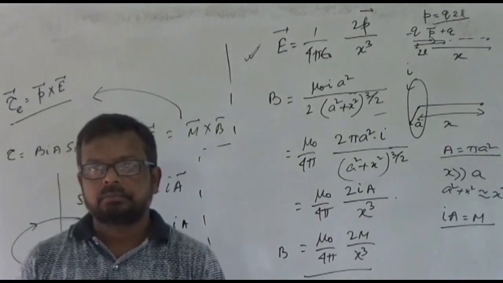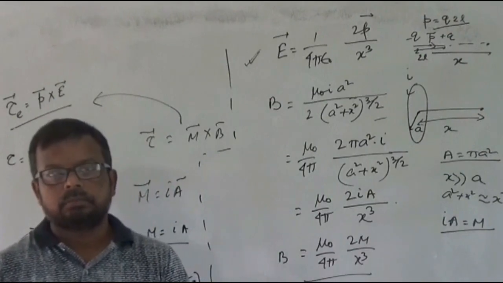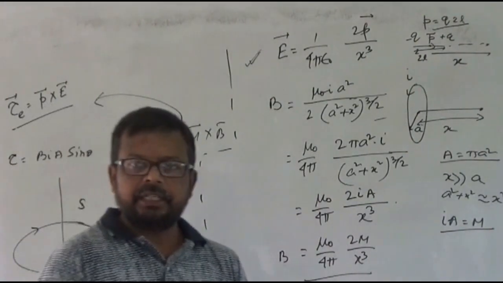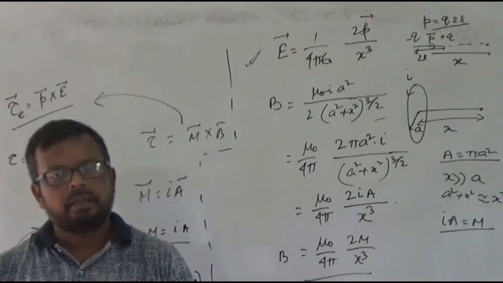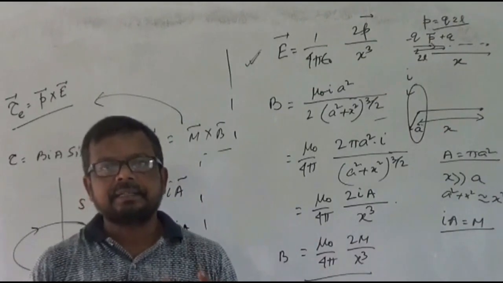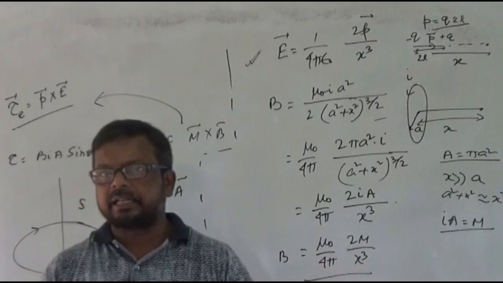Thus, you can say that a loop is like a magnetic needle. We have already told from this discussion that a current loop, it may be circular, may be rectangular, may be any other loop,